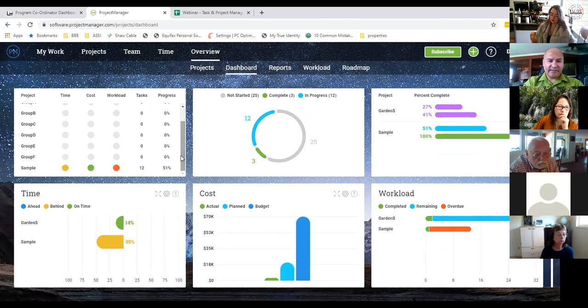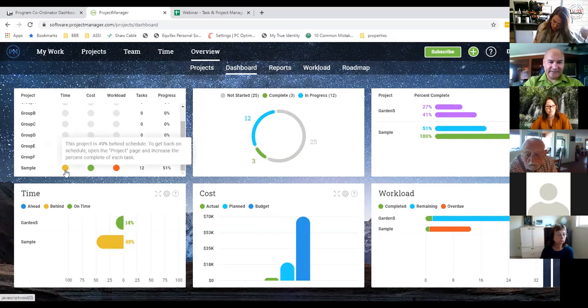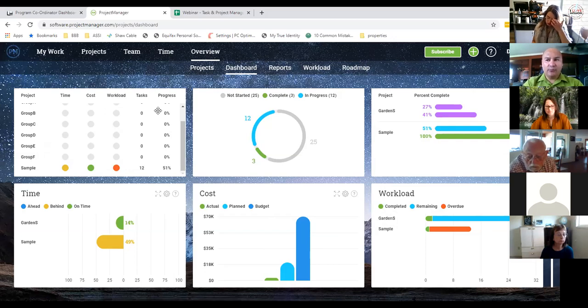On another sample project I've got here, I can see I'm on track for cost, 96% under. That's really good. I doubt that's for that. 49% behind schedule on here, and the workload. Okay, these are all the combined tasks of all the projects. Okay, and this is the overall project updates here. So the garden shed and the sample. I should be 100%. I'm at 51. So hold on. Yeah, well, your time should be red in my opinion, but the computer automatically spits it out. Overall time, overall cost, and overall workload. Okay, so this gives a good one click scenario of all of your projects.